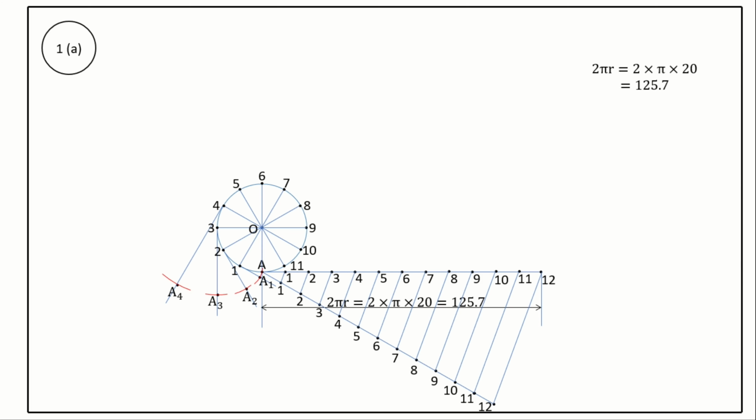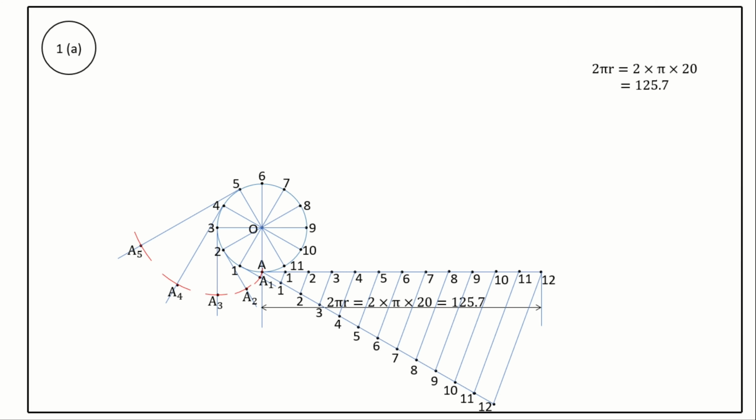Similarly, from the point 5 on the circumference of a circle, draw a perpendicular line to radial line O5. Take a protractor and draw a perpendicular line to O5 from the point 5. This line is tangent to the point 5. Take a compass, measure the length A5 on the horizontal line with center point 5 and radius of length A5. Cut an arc on the line tangent to the point 5. Mark the point as A5.